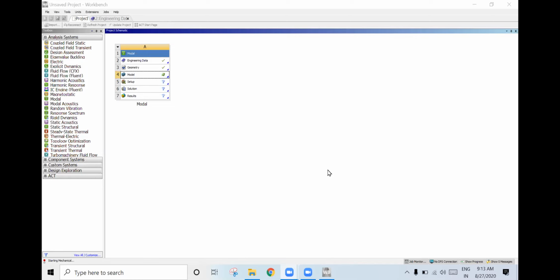Today in this session we will see how to do modal analysis, buckling analysis, and thermal analysis. Before doing any type of analysis, you should clearly understand the basic parameters of the analysis.